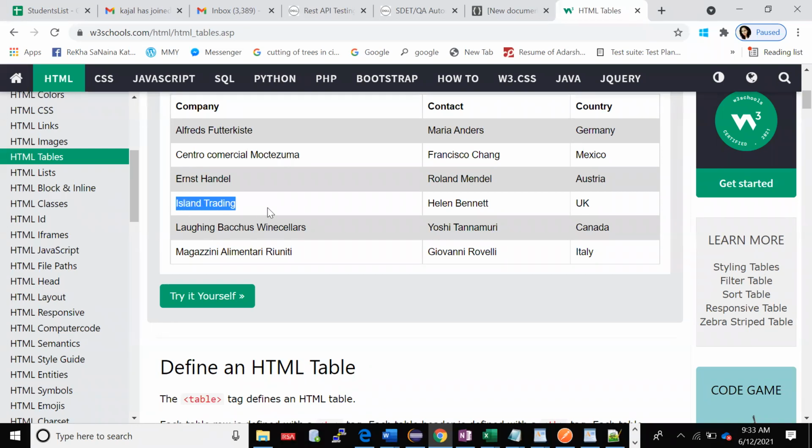Okay, this is my test case. So how do I do it? Is it possible to do? Can anyone tell whatever you are thinking? My test case says I need to get all company names. I'm focusing on company names. Then I'll have to verify whether a particular company is there or not. Today it is the case of 7, tomorrow might be 15. So how do you do it? List down all the company names, and how do you list?